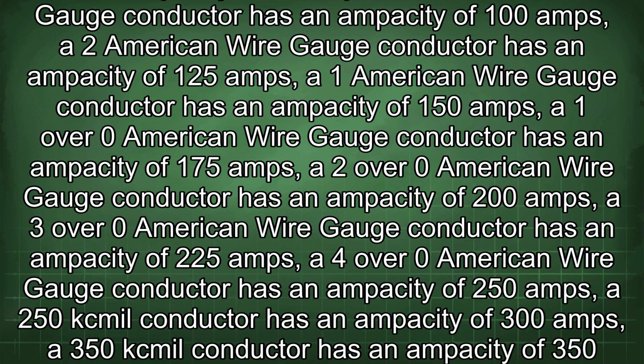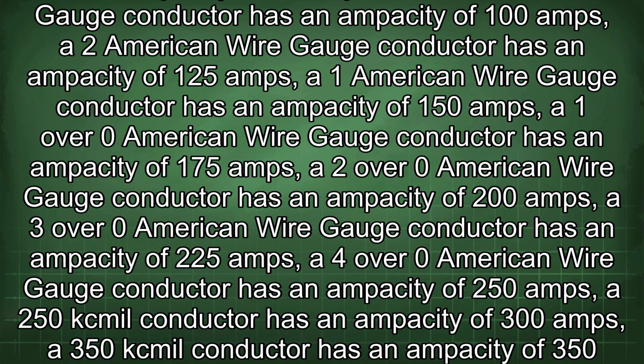For example, an 8 American wire gauge conductor has an ampacity of 50 amps, a 6 AWG conductor has an ampacity of 65 amps, a 4 AWG conductor has an ampacity of 85 amps, a 3 AWG conductor has an ampacity of 100 amps, a 2 AWG conductor has an ampacity of 125 amps, a 1 AWG conductor has an ampacity of 150 amps, a 1/0 AWG conductor has an ampacity of 175 amps, a 2/0 AWG conductor has an ampacity of 200 amps, a 3/0 AWG conductor has an ampacity of 225 amps, a 4/0 AWG conductor has an ampacity of